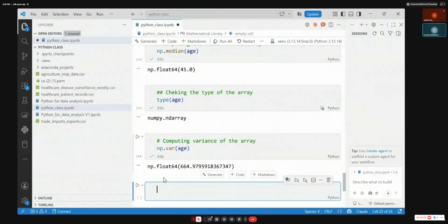It gives you the disparity or the spread, the general difference between the values. If the variance is small, that means the values are closer to each other.